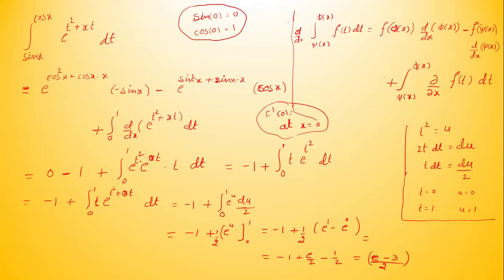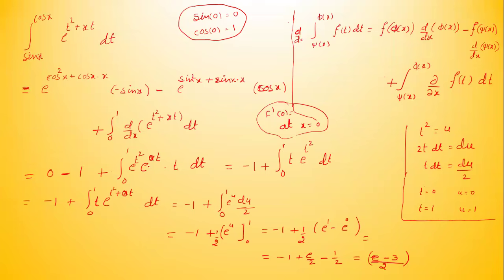If we differentiate this, we get e raised to t square into t. The first term becomes 0 because we put 0 here. Next, this value is cos of 0, sin of 0, which is 0. Cos of 0 is 1. Therefore, minus 1 plus